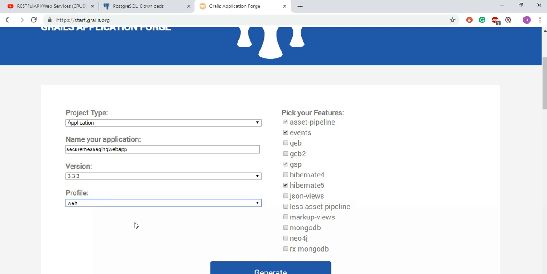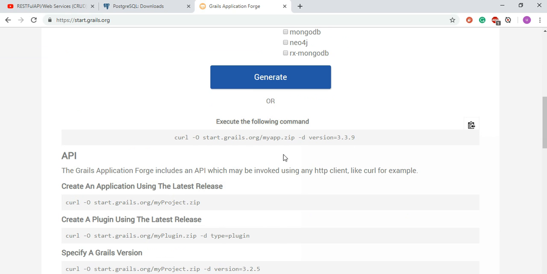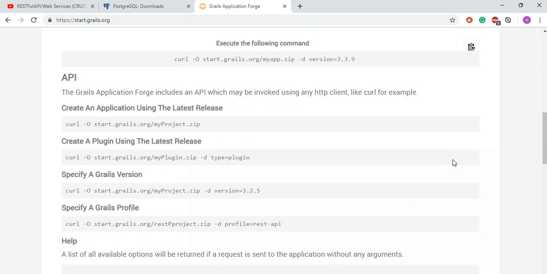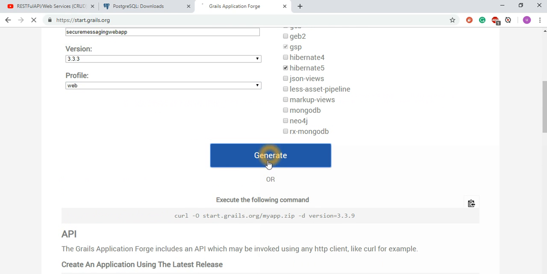So we use the web profile, and when you hit generate application, you can also do it with curl. This is the special command in the command line. You can run it and it automatically generates and defines which profile you want. For our case, this is the start, then you unzip the application, and the profile is web, and that's all. So you generate the application